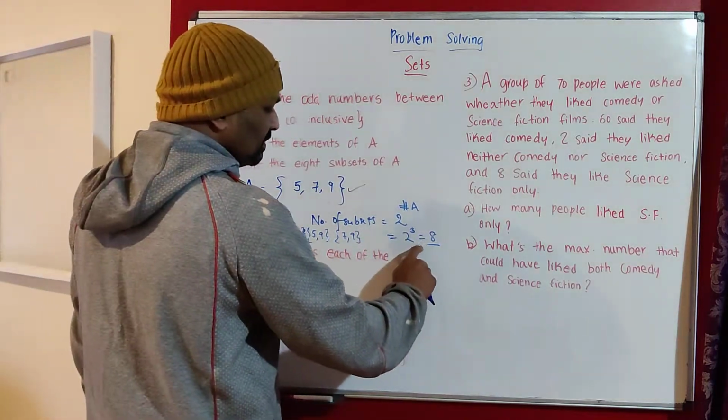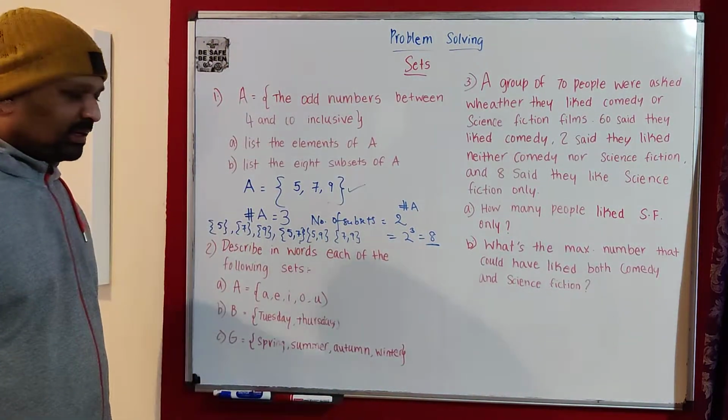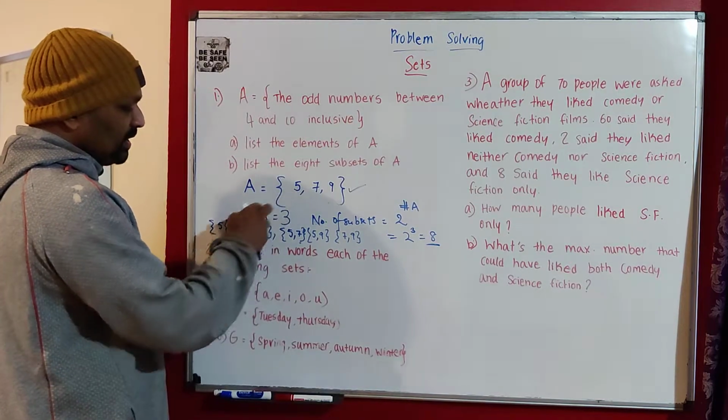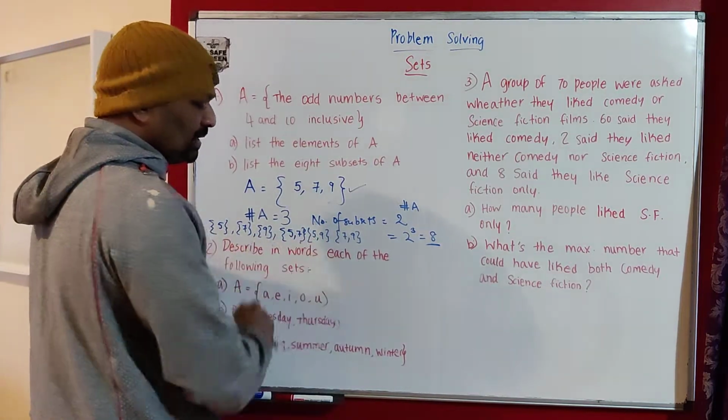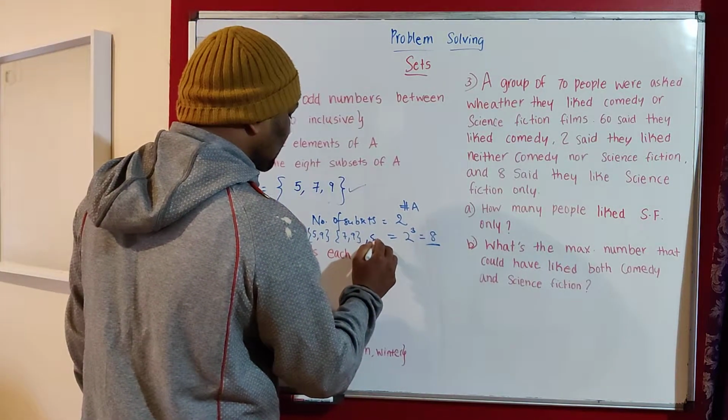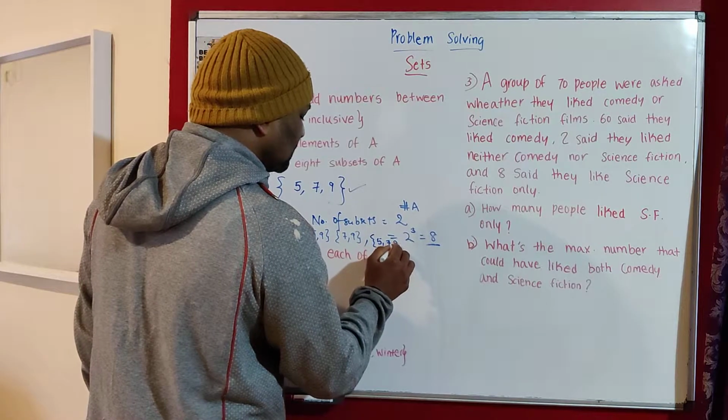So how many more can we write? As per the formula, we can derive up to 8 subsets. With single elements, we derived 3 subsets. With 2 elements, we derived another 3 subsets. Including all the elements, we can derive another subset, which is the given set itself, 5 7 9.